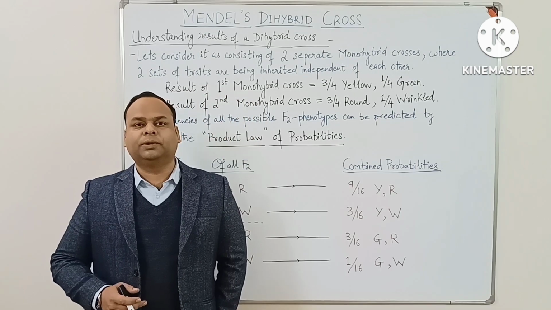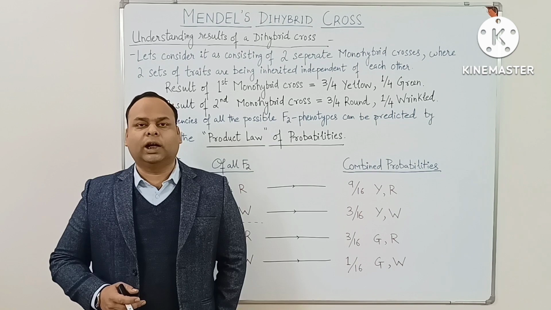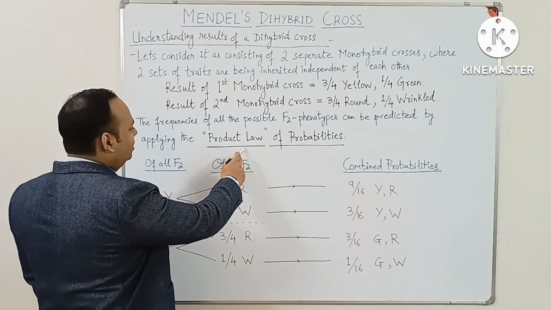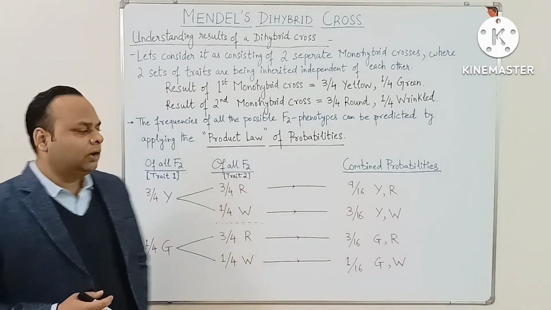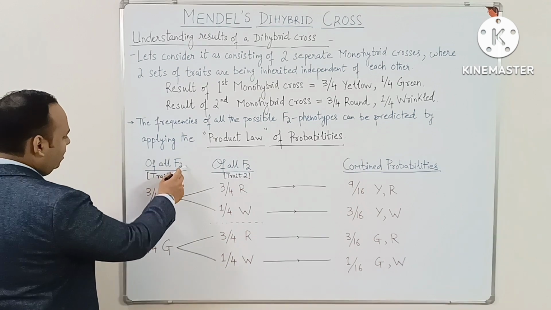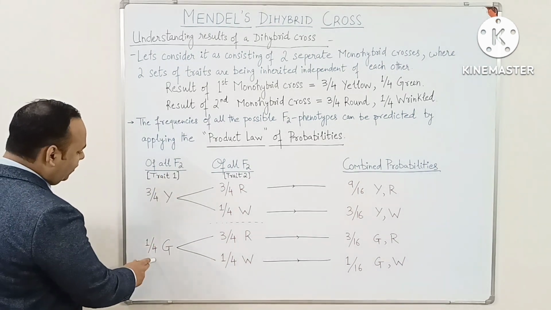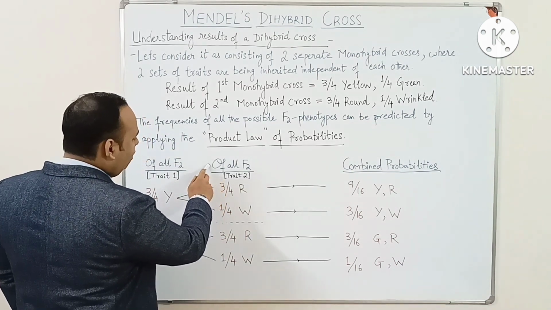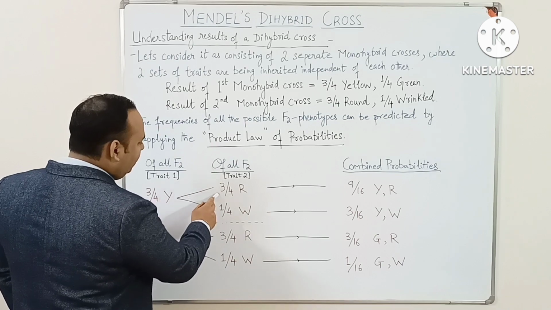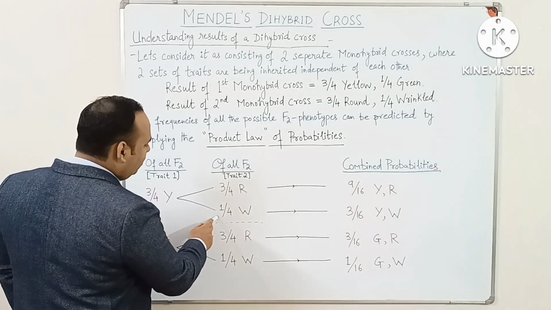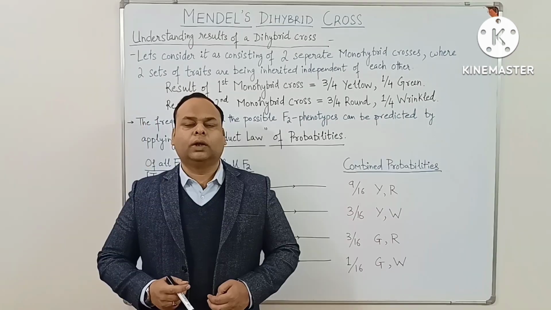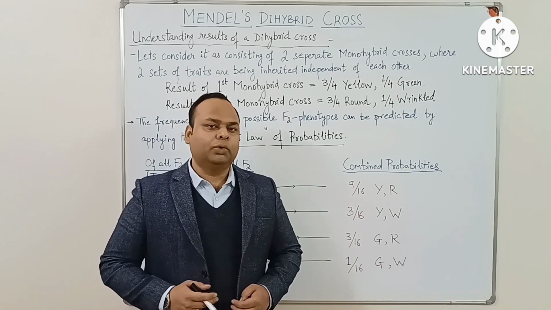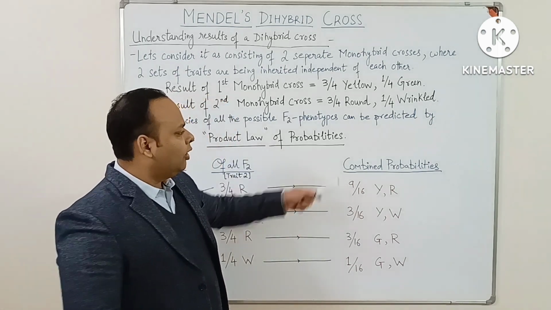All the possible phenotypes of the F2 generation of a dihybrid cross can be known by applying the product law of probabilities. Here, for the first trait of all the progeny of F2 generation, 3/4 are yellow and 1/4 are green. And similarly, for trait 2 of all the progeny of F2 generation, 3/4 plants are round and 1/4 have wrinkled seeds. By multiplying the frequency of occurrence of individual traits, we can compute the combined probability of all the possible